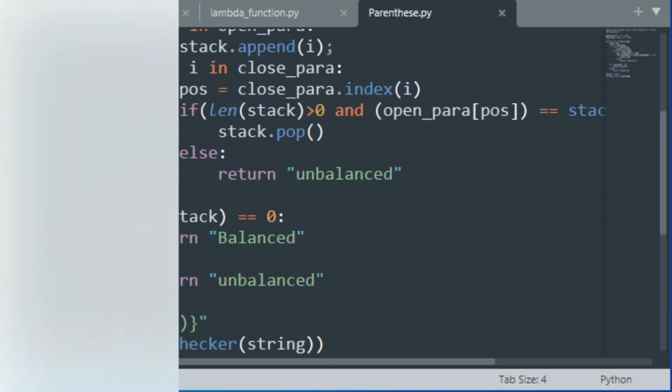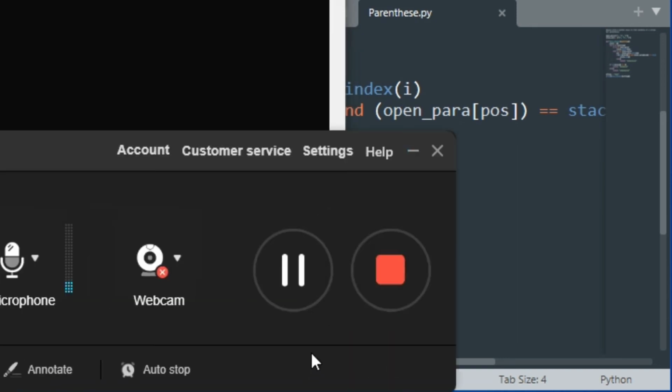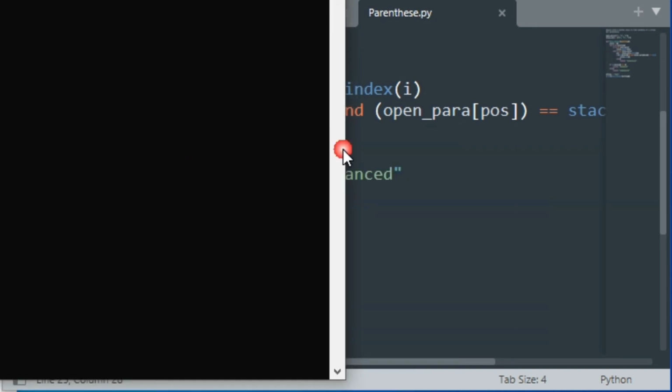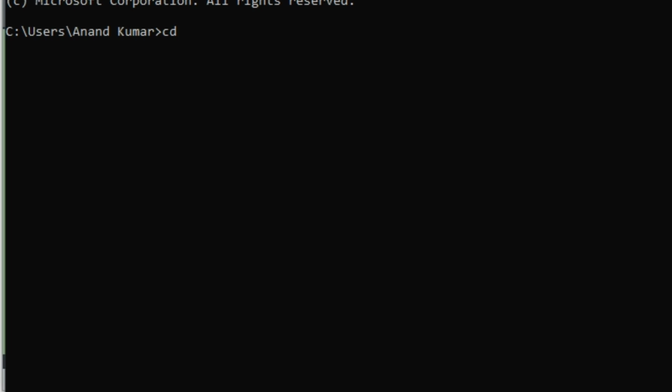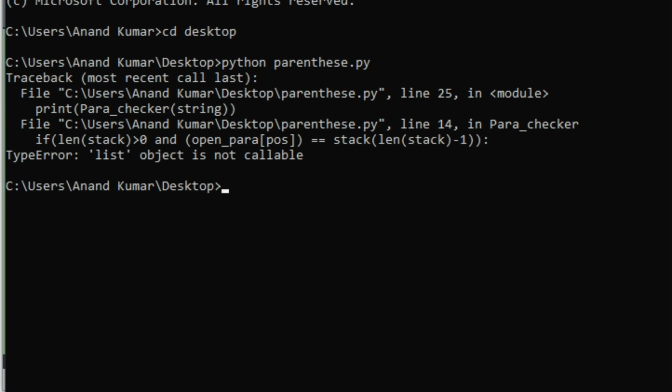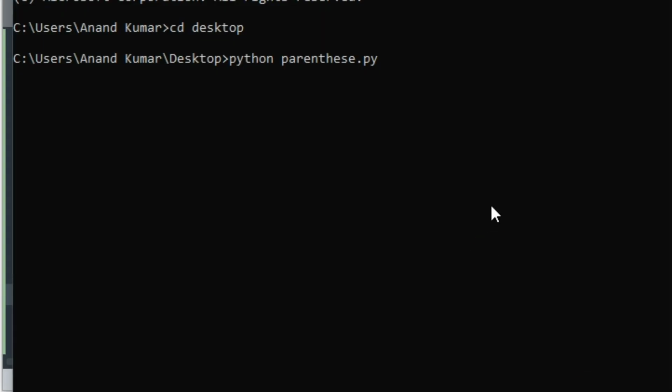So let's open the CMD. So there is an error right now. Let me fix this first. And so now let's run this code, guys.